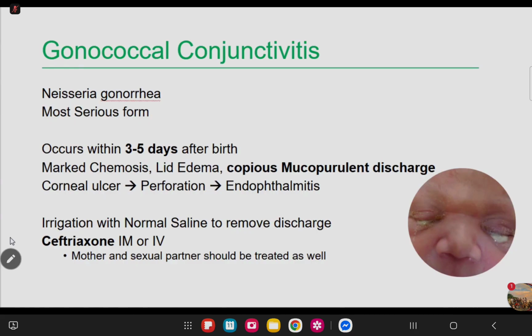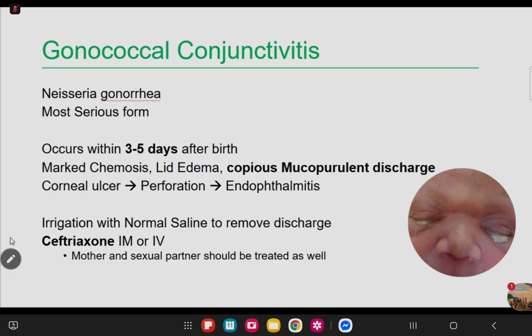For gonococcal conjunctivitis, the most serious form is caused by Neisseria gonorrhoeae, and it occurs within 3 to 5 days after birth. So it's also seen around the first week of life. It presents with marked chemosis, lid edema, copious mucopurulent discharge, corneal ulcer, which causes corneal perforation, and